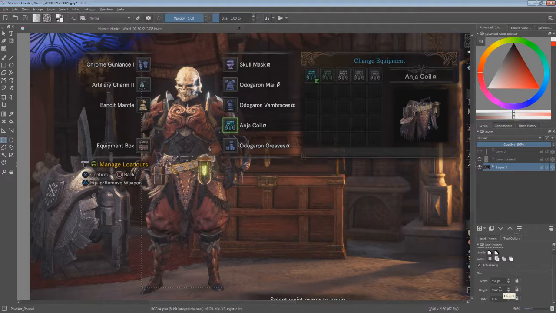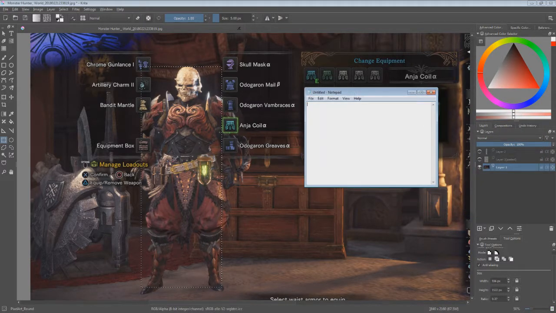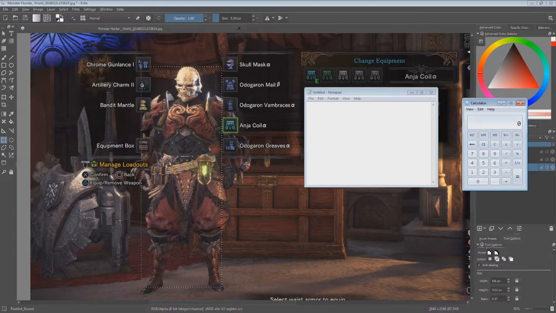About 1,522 pixels tall. This is one of the reasons why I like using Krita. It's free and it gives you stuff like this, so you know how big your selection is. So from here, it's actually somewhat easy to calculate scale. You get out a little notepad and a little calculator,